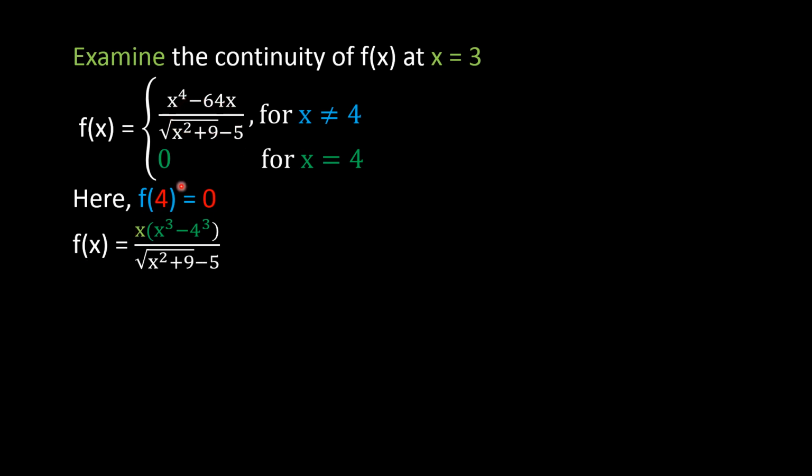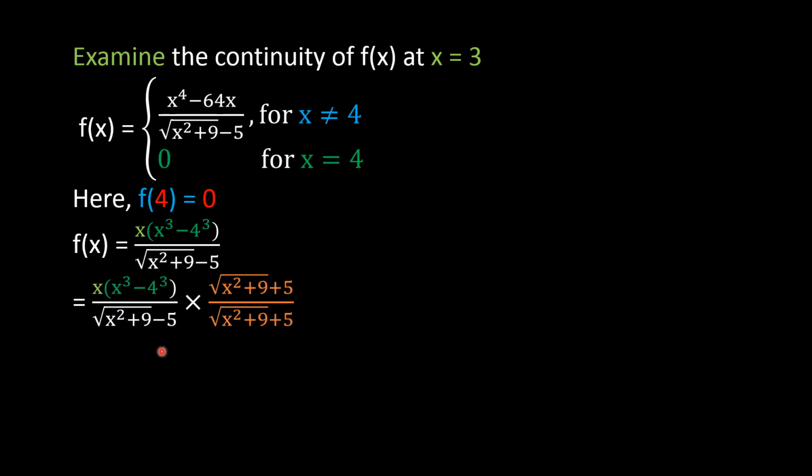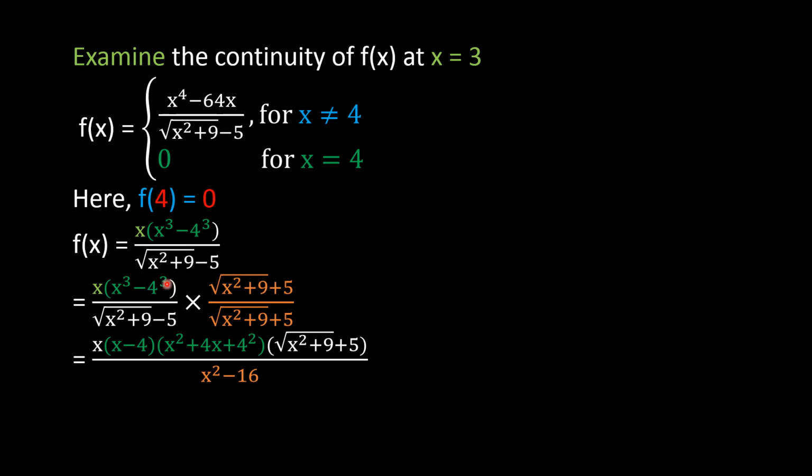First we will take x common from the numerator. We will get x multiplied by (x cube minus 4 cube). After that, we see a radical term in the denominator of this function. Therefore, we will multiply the numerator and denominator by the conjugate of the denominator, which is under root (x square plus 9) plus 5. In the next step, we will factorize x cube minus 4 cube according to the identity that we have. a cube minus b cube equals (a minus b) multiplied by (a squared plus ab plus b squared). So x cube minus 4 cube will be (x minus 4)